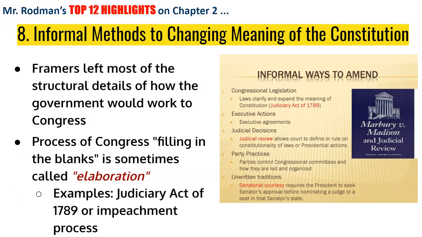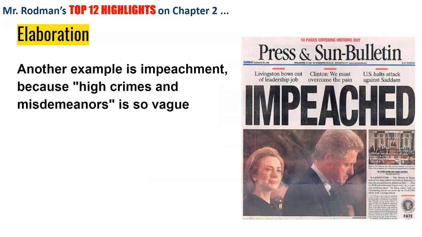And we saw with the Judiciary Act of 1789, they were filling in these gaps to determine what the courts underneath the Supreme Court actually look like. How do those take shape? And what role do they play there? That's a really great example of how they changed the meaning of the Constitution just by using their powers under the Constitution to read between the lines and make some adjustments as they moved forward. And we've seen that since. But the Judiciary Act of 1789 is still in play. Yes, it's been adjusted from time to time, but we still see the ultimate framework of 1789 still at work here.